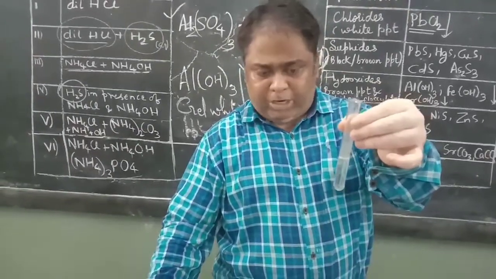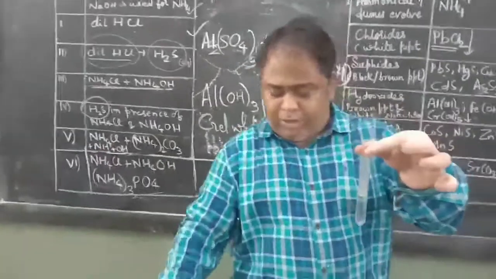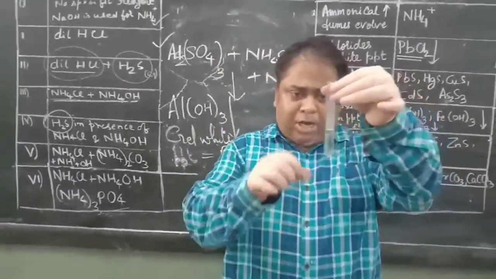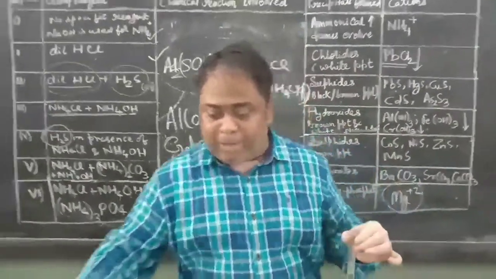After putting ammonium hydroxide, the bubbles which are coming out are actually ammonia gas, and because of the HCl we had put, ammonium chloride is forming. But now see how clear the solution has become. To this clear solution, we will put ammonium carbonate,